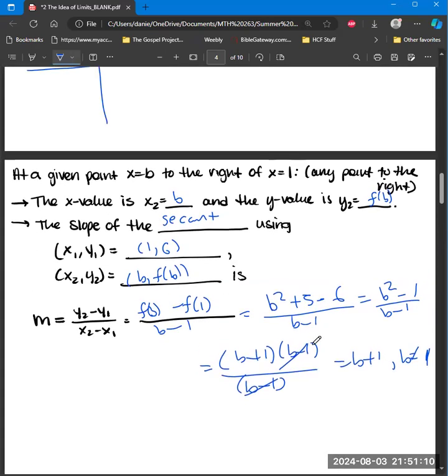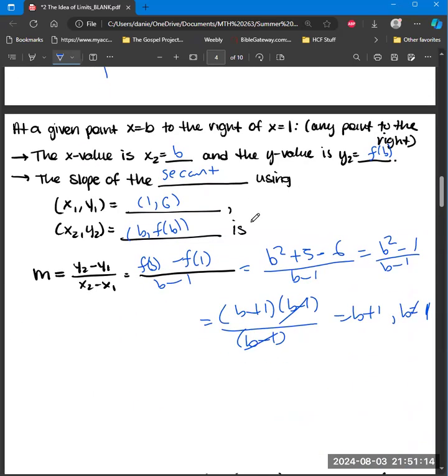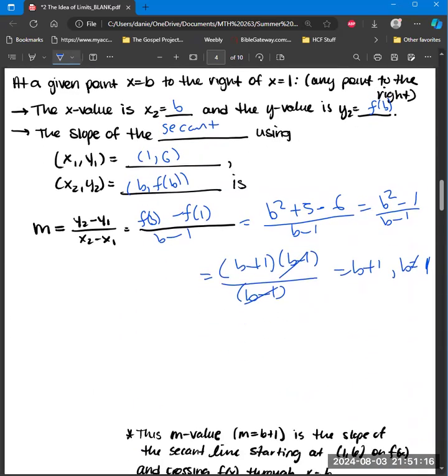We can't have a line if we're just simply at the same point there. However, we will play a trick here in a little bit and say, well, what happens as we get closer and closer to b being 1? So m is going to be equal to b plus 1 is the value of the slope